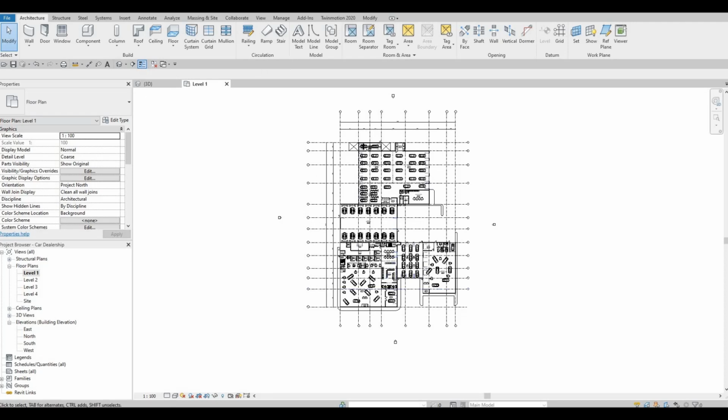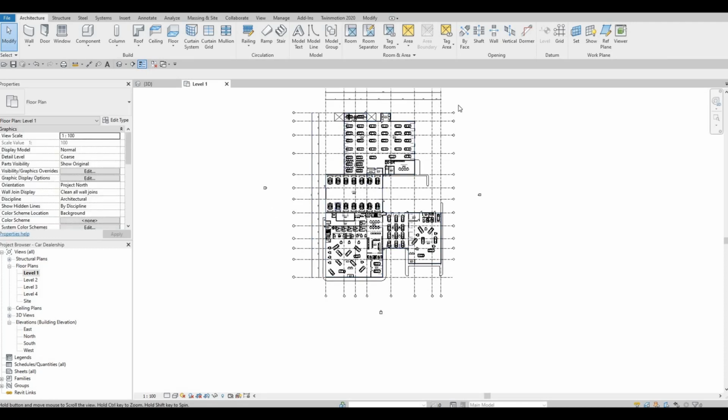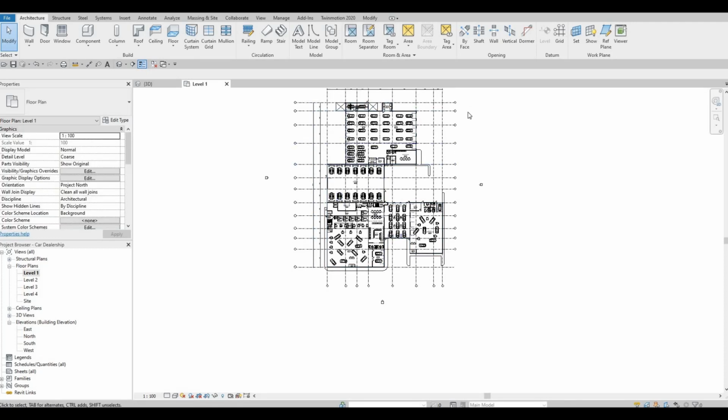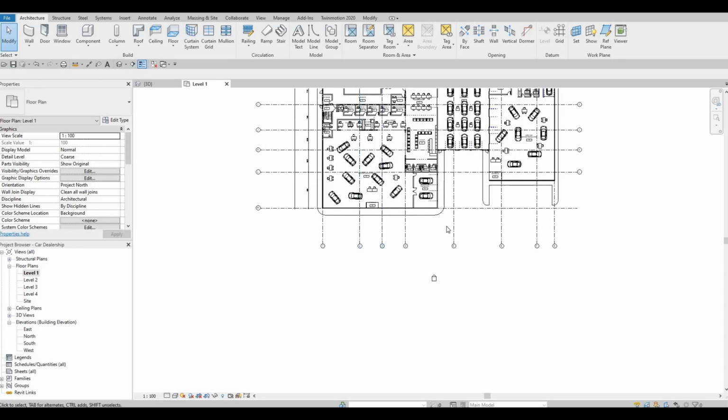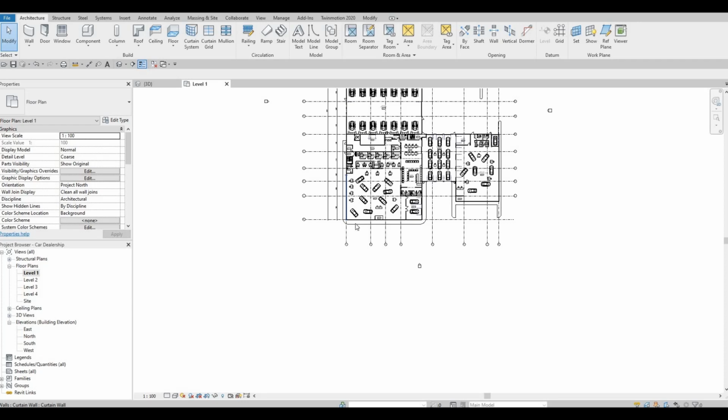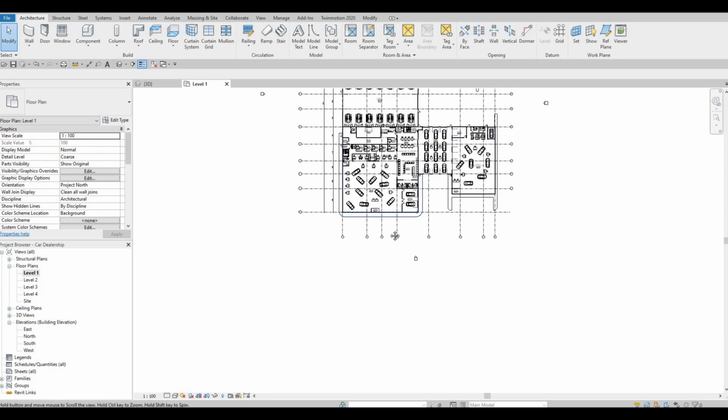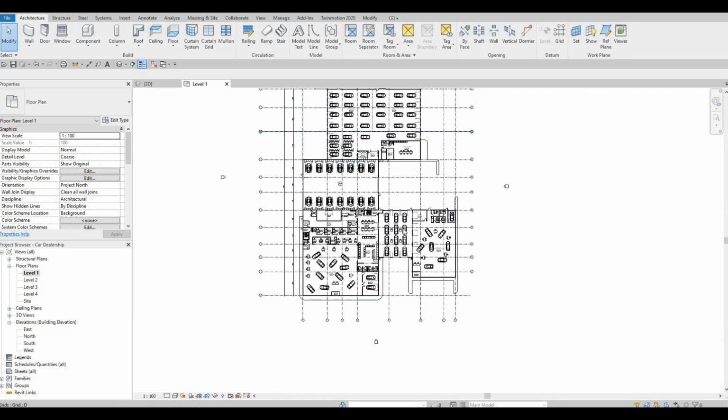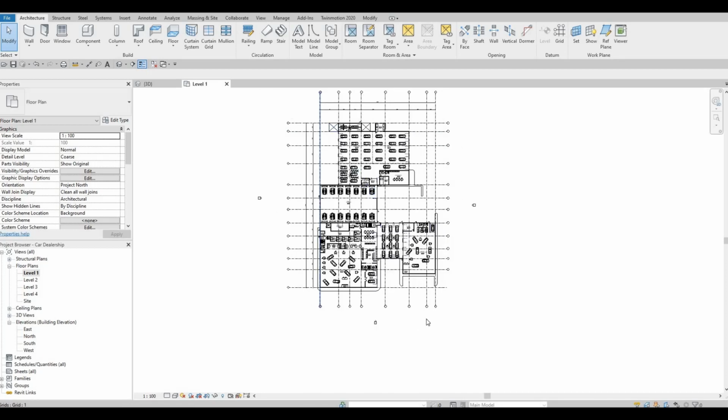And for that one, maybe we could just add some parking around the building and in front of the building as well. So that's good enough, but we're going to just add a big